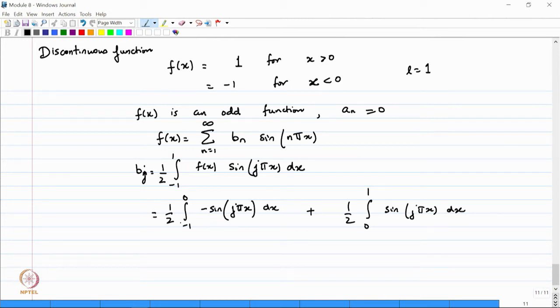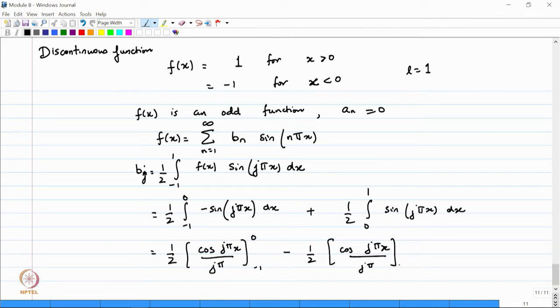Now, what is this integral? Integral of minus sine is nothing but plus cosine. So, I can write half cos j pi x by j pi from minus 1 to 0, plus, or I can write minus half, cos j pi x by j pi from 0 to 1. These are the two terms, and you can easily verify that